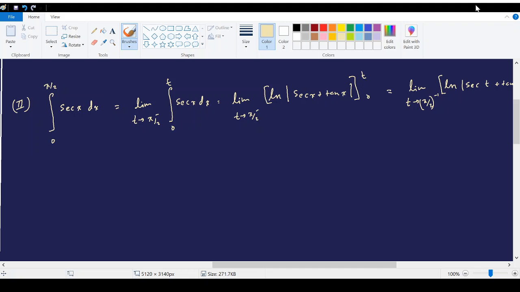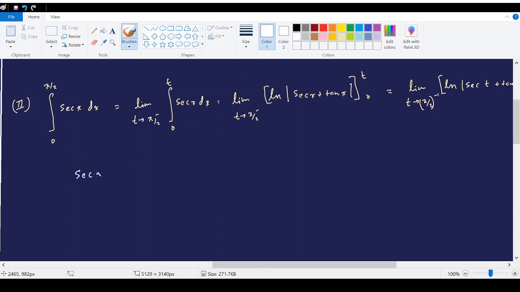We'll see what will happen for the integral of sec x in the region from 0 to pi by 2. Now to determine the vertical asymptotes, one way is to draw the diagram or the graph of sec x, or in other words what you can do is